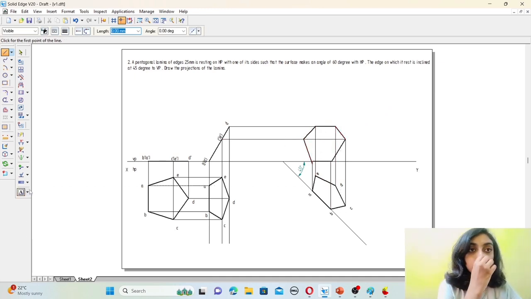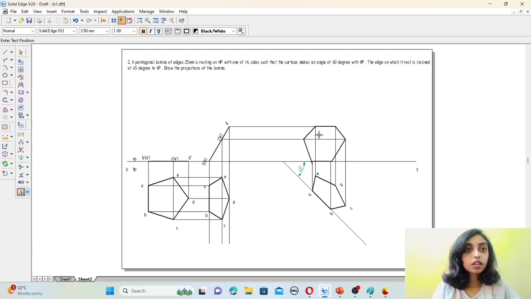Let us name them. This is C dash. This is B dash point.